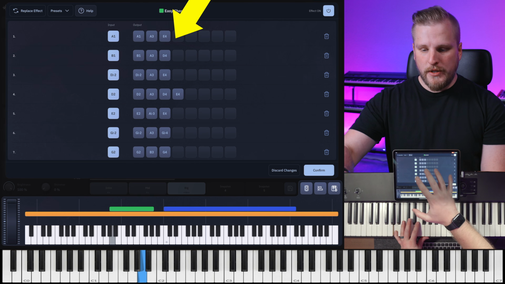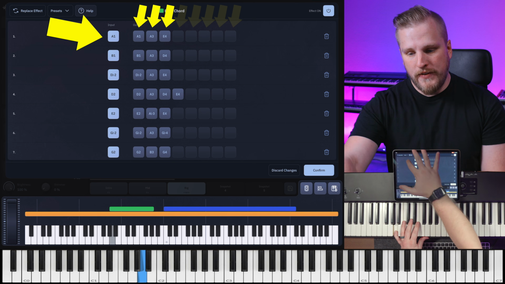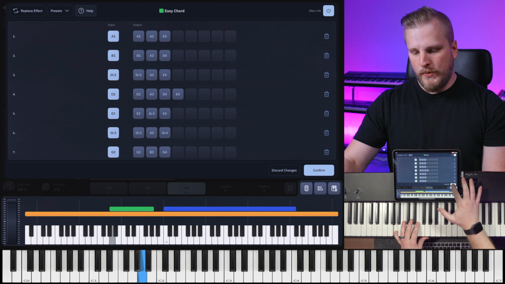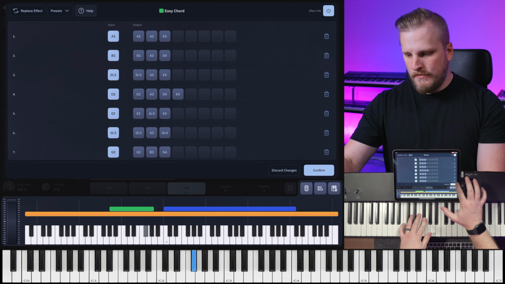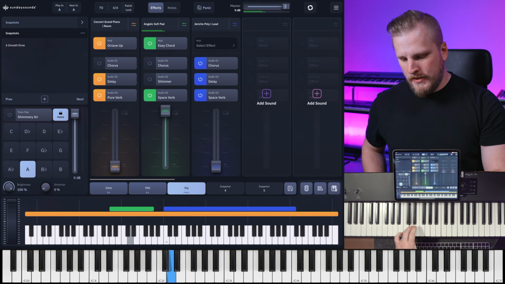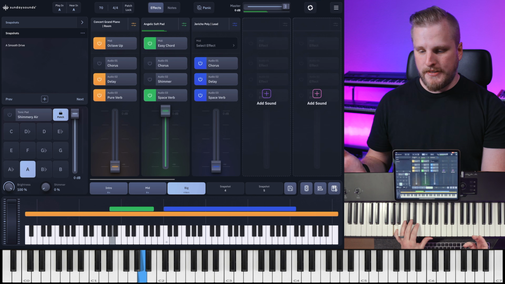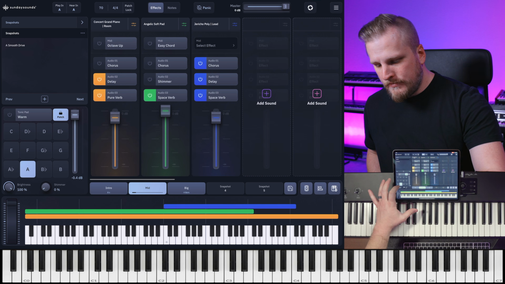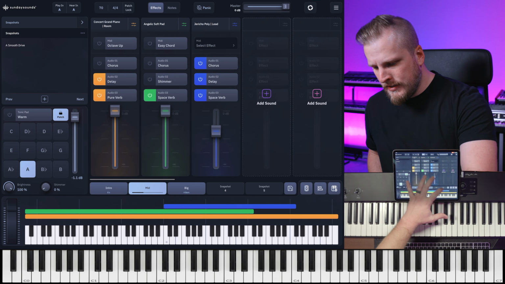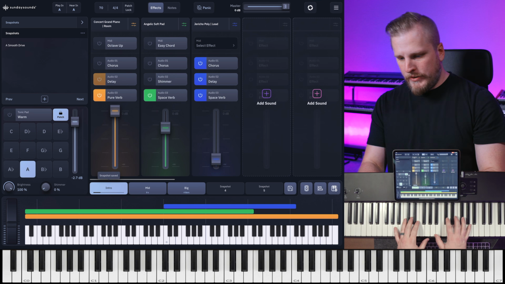Easy Chord, if you're not familiar with it, the overview is you play one note, you hear multiple notes back. You can program it, you can choose presets. It's a way to have more at your fingertips. So you can see that with just my left-hand bass notes now, I'm able to get that nice full pad sound. So what I would do is bring these layers in and save, and then otherwise, I would keep Easy Chord off. So I'm able to play